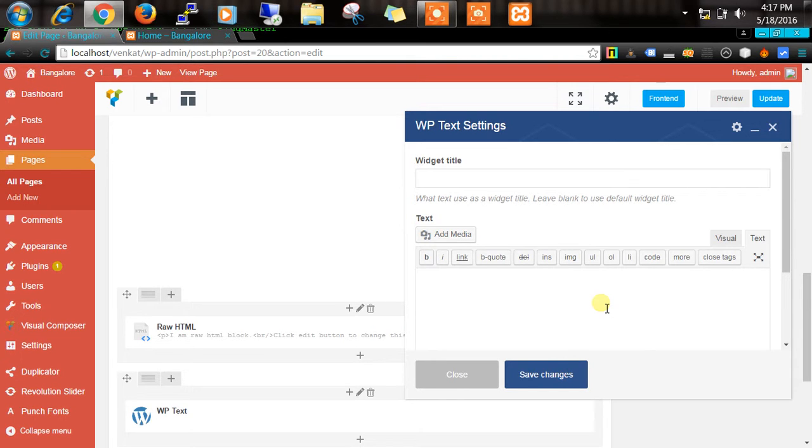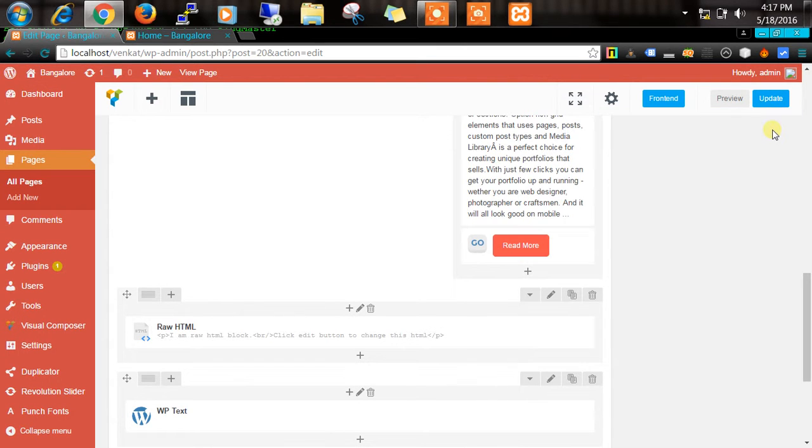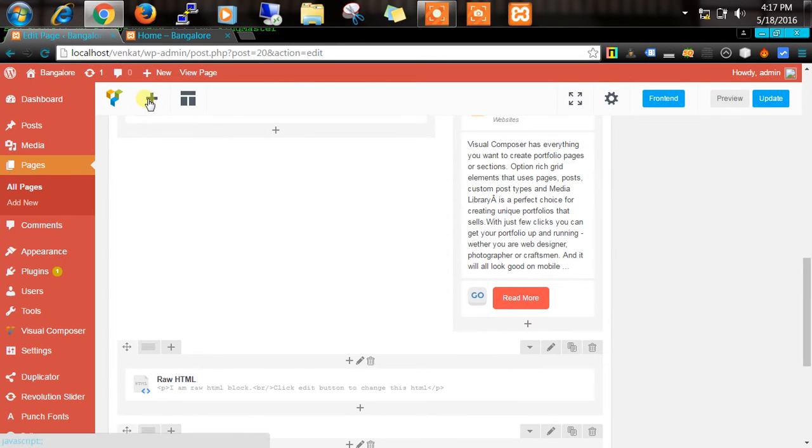So for example, you are building a website wherein you want to show that for these things you can use this HTML code. When you want to show the actual code to the user, only then use this. Otherwise, don't use it. Got it? Close. Similarly, you will have many other options. Now click on add. I'll explain all the options in one shot.